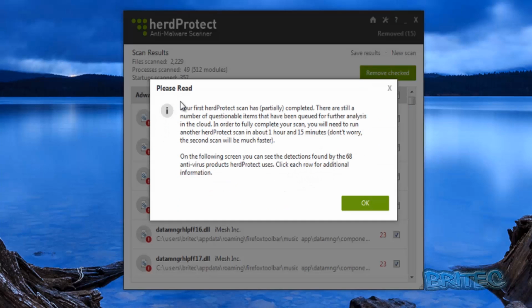So there you go, we've got our readme file here, and what it's saying is your first herd protection scan has partially completed, and there are still a number of questionable items that have been queued. In other words, it's got some files that need further analysis, so it wants us to complete another scan a little bit later on, and then it will analyze the files in that queue. So you can see here detections found at 68 antivirus products. So I'm going to click OK here,